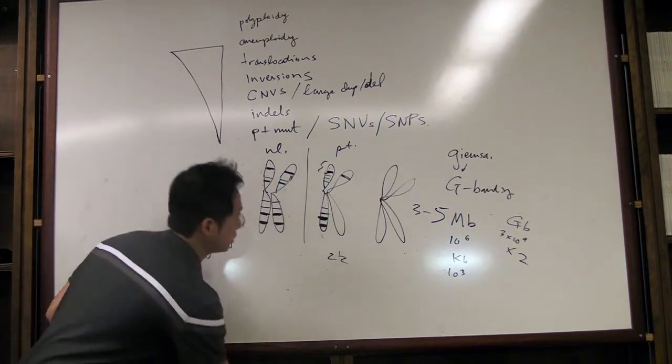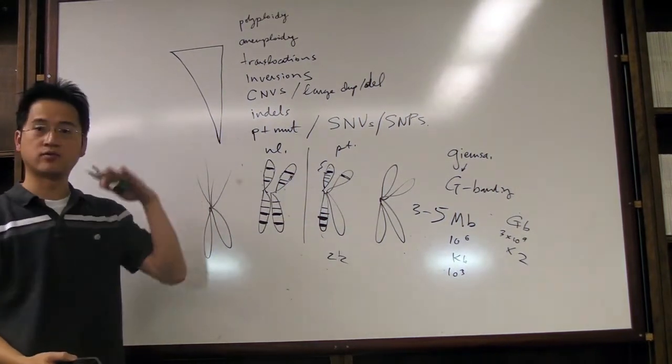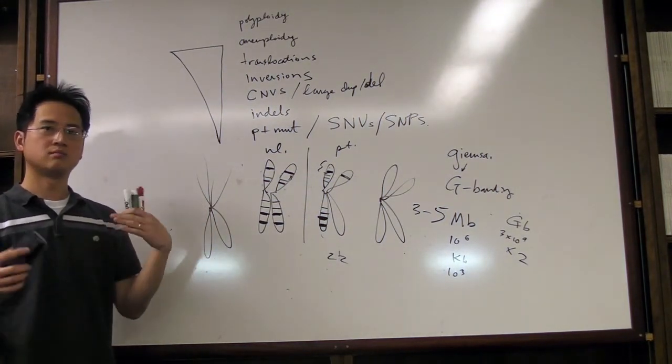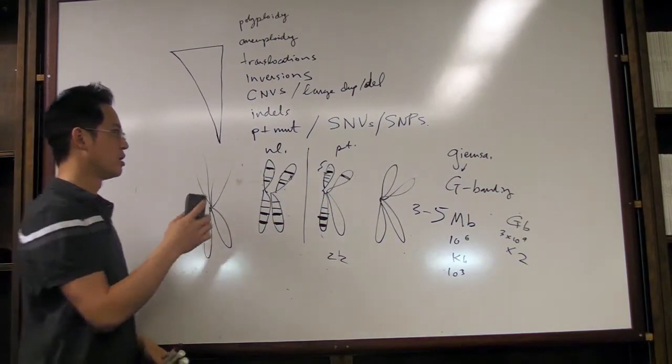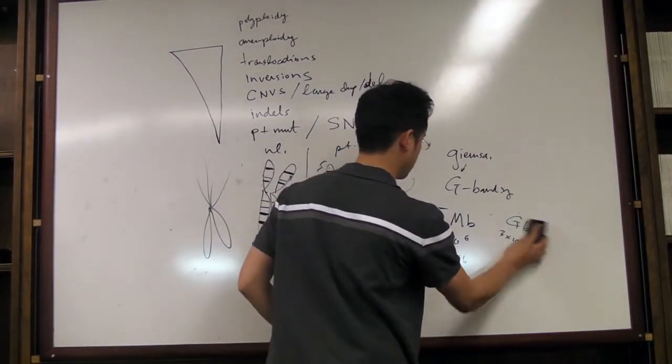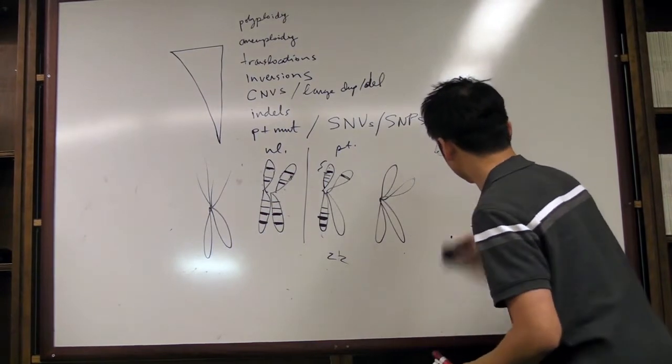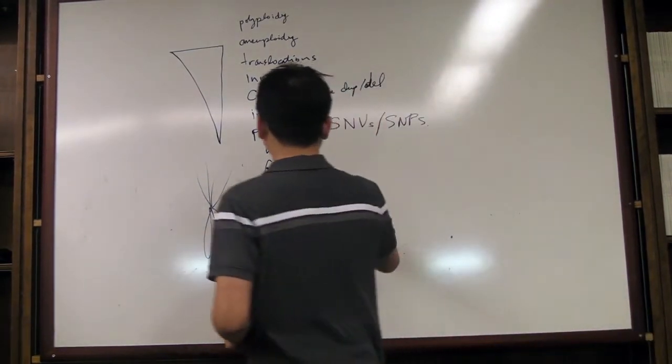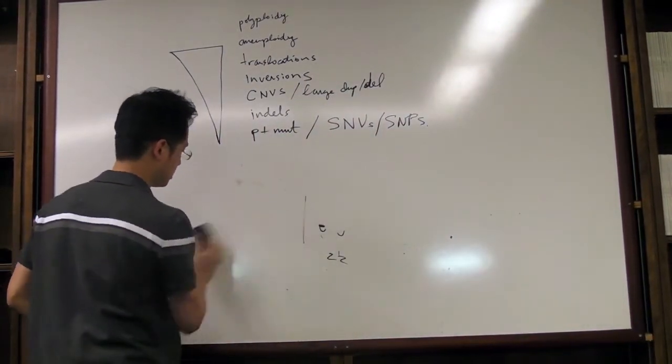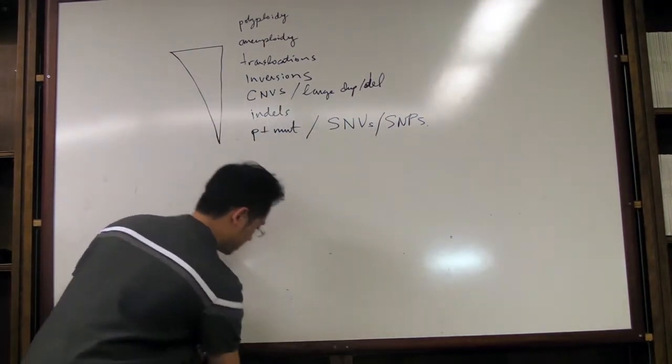So there is an alternative to karyotyping. Let's say we get down to 500,000 bases, maybe 100,000 bases. So there is an assay that works pretty well. And that assay is called FISH. So FISH stands for,